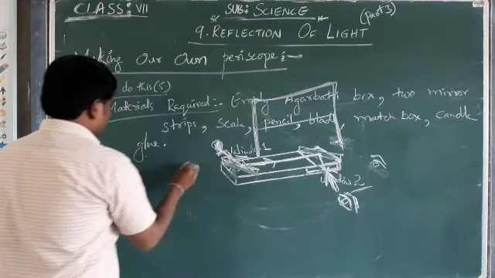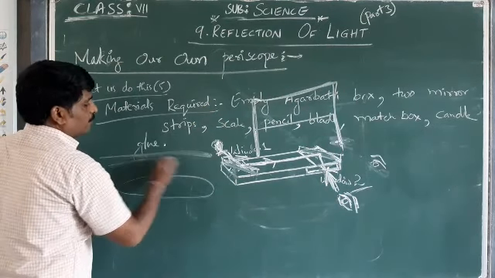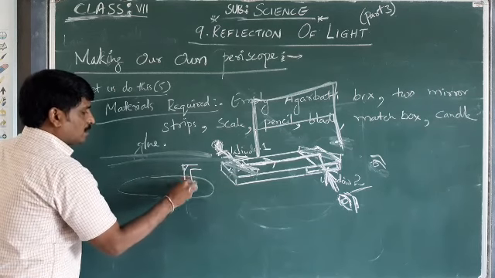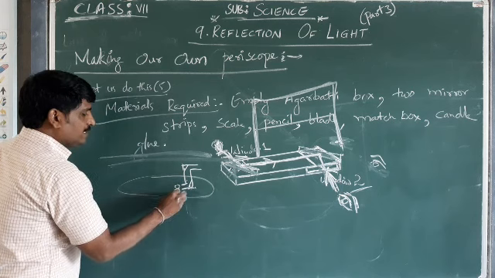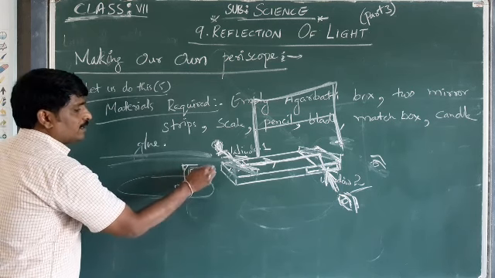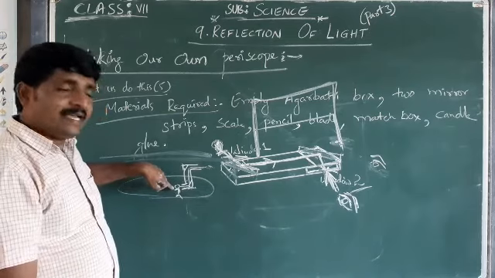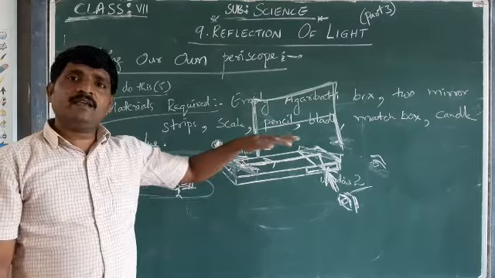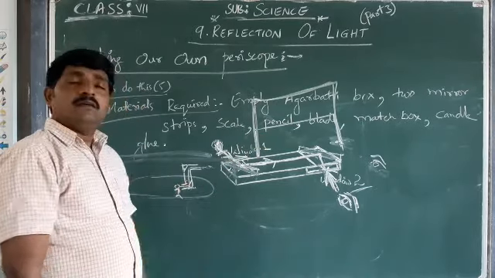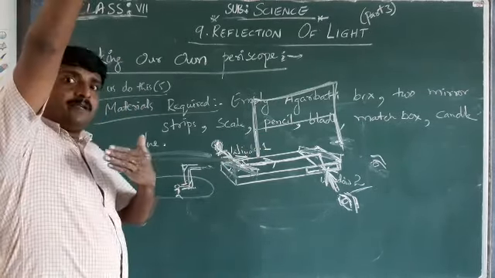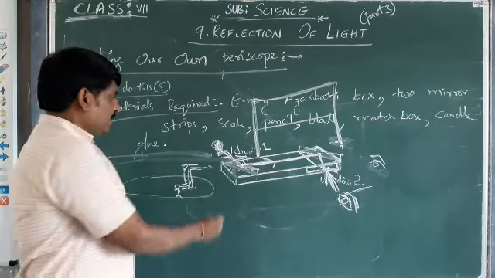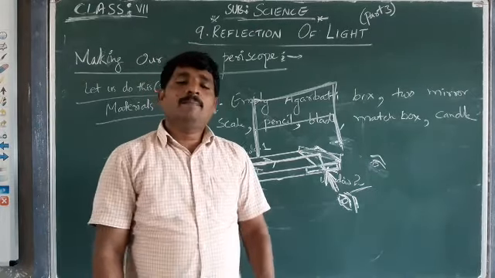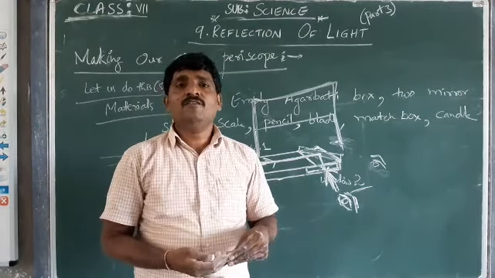Suppose this is a submarine, assume this is underwater. The Navy people will have one periscope here. The person in the submarine can see what the objects are. Even though being in the submarine, the periscope arrangement will be there. You can view what is coming in front of the submarine. Being in the submarine, you can see what is happening on top of it. These are some applications of the periscope in our daily life.